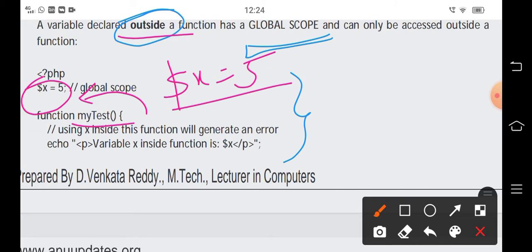And here in these comments, you can see using x inside the function will generate an error. And the output statement is variable x inside function is. We have not declared the variable x inside the function, it is declared outside. Even though it is outside, we will get the value as 5.